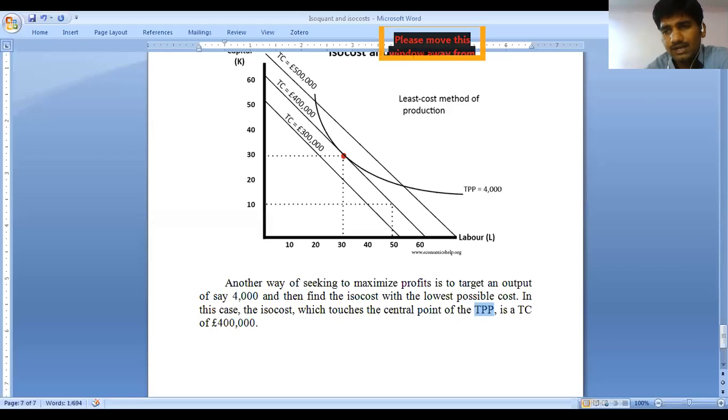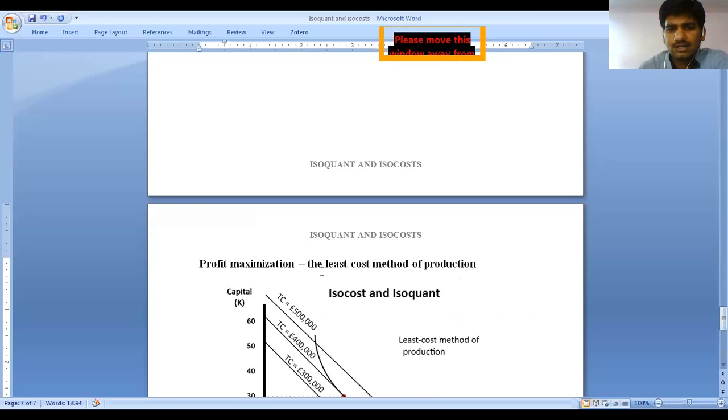So that's why we are combining both the ISO quantums and ISO cost. So in this place we need to consider the labors and the capitals, the money, how much you are investing on the labor and how much on capitals also. That also we need to consider. Then only, what is the topic? That is the least cost method. The least cost method of production is going to be possible. So that's why we learn these ISO quantums and ISO cost.